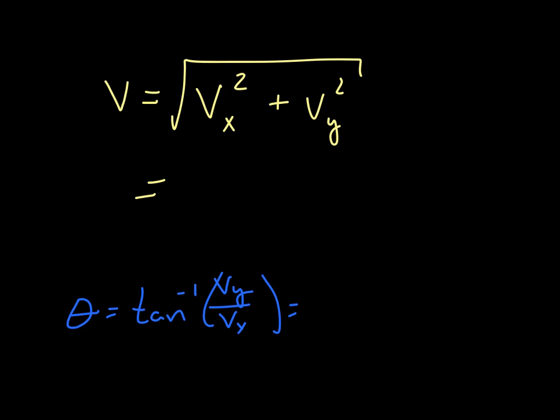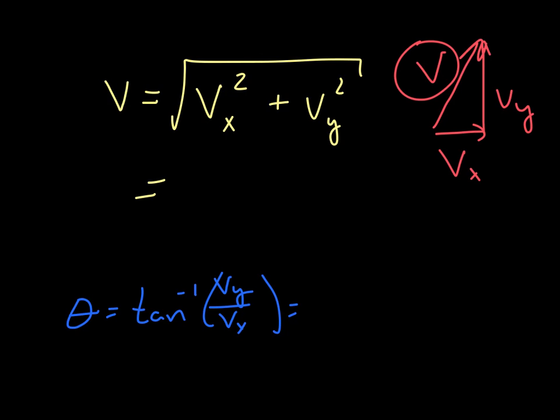Almost done. Now, if we are going to combine these, you know that you're going to use the Pythagorean theorem, because what you have is a triangle with Vy and Vx. You're interested in this final velocity right here. So you use the Pythagorean theorem, you get 2.5 squared plus 15 squared. Your final velocity is